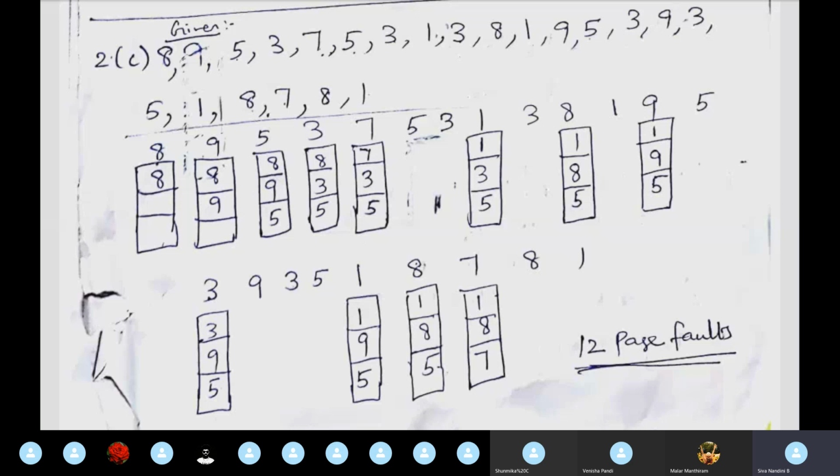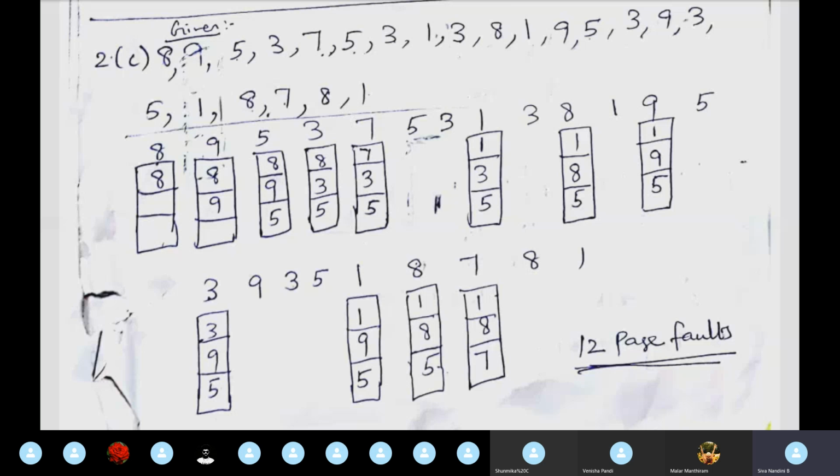It is not in the frame, so no need to bother. And after this, we are having 5. So this 5 and 9 are the frames which are going to be used immediately or for a shortest period of time. So we shouldn't replace 9 and 5. So what is the other frame? 1 is the other frame. So we need to replace this page 1 by the page 3. Then the newly formed block will be 3, 9 and 5. Okay. And after this 3 in the reference string, we are having 9. This 9 is already available in the frame. So no need for any page replacement and all.